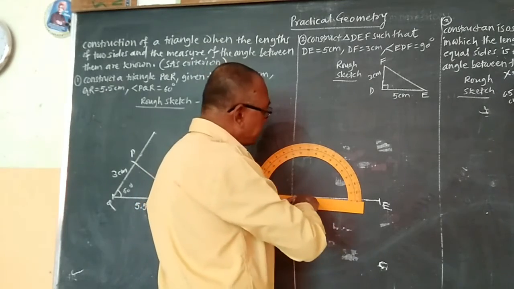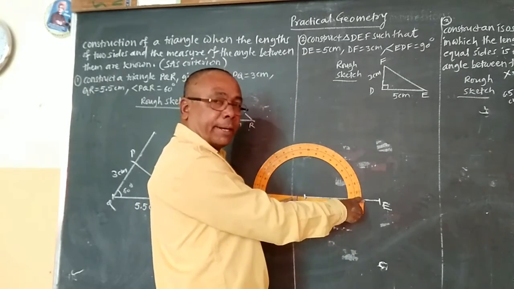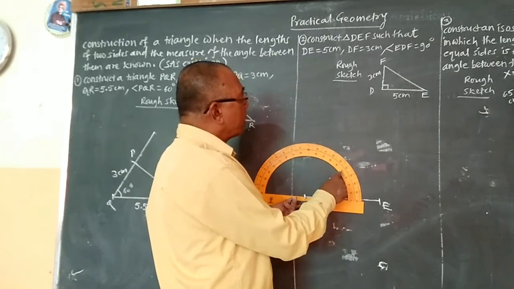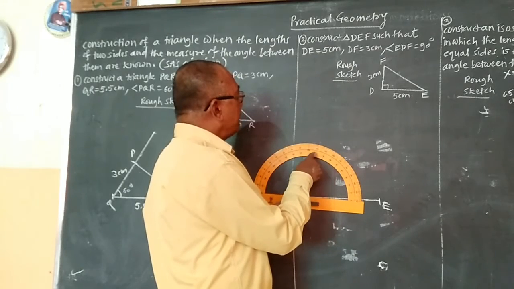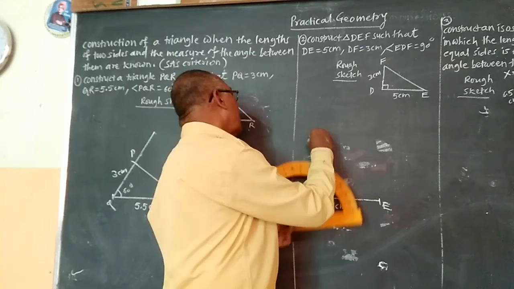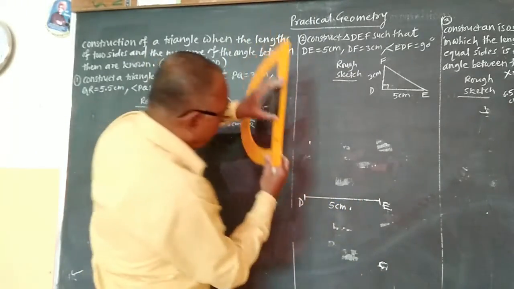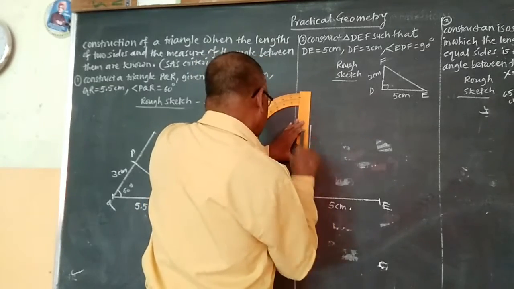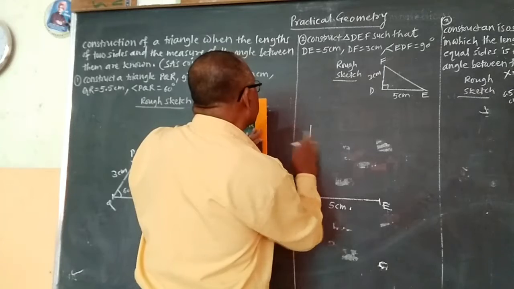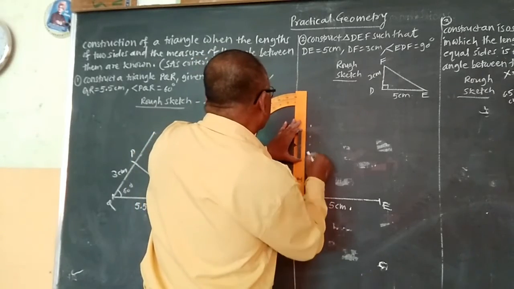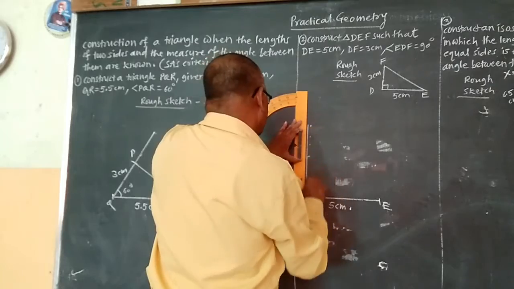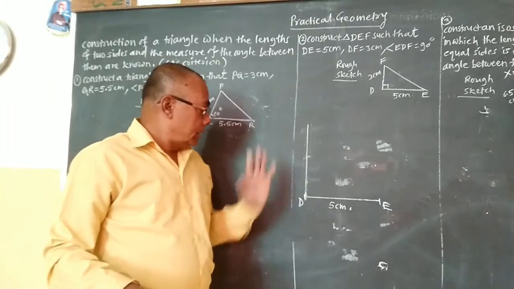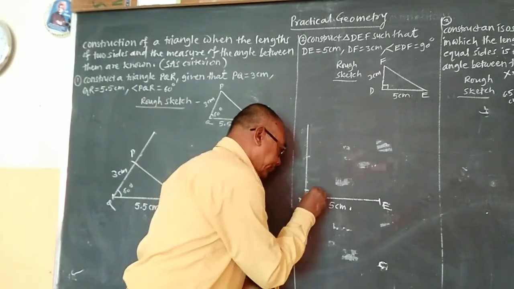and from the second end or another end of the segment, that is from E, this side, I will take 0, 10, 20, 30, 40, 50, 60, 70, 80 and 90. So here I will draw, and now we will join it with the point D. So this is the angle 90 degree, and now